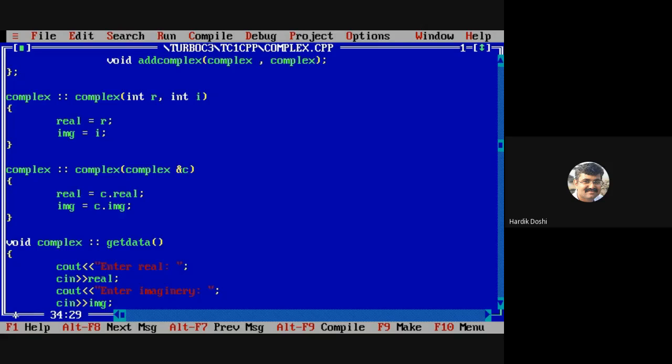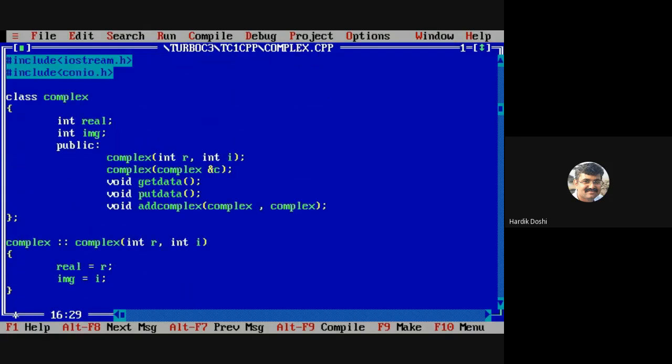Behind this ampersand there is one concept. That's why. Okay. So just right now assume that whenever you are going for copy constructor, you should write ampersand over here as an argument. In case of copy constructor only. Don't write it here by mistake. We are writing it as an argument to the constructor only when we are writing a copy constructor. Is it fine, all of you? Yes or no? Okay then.